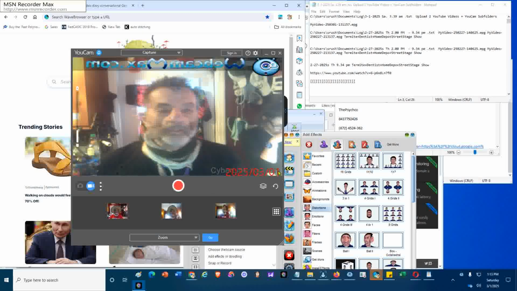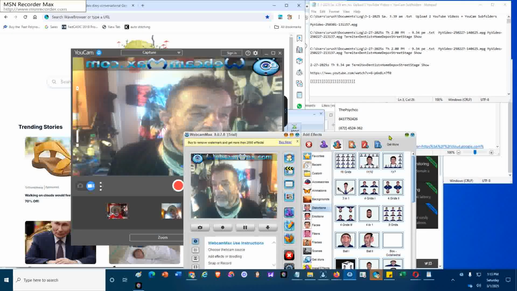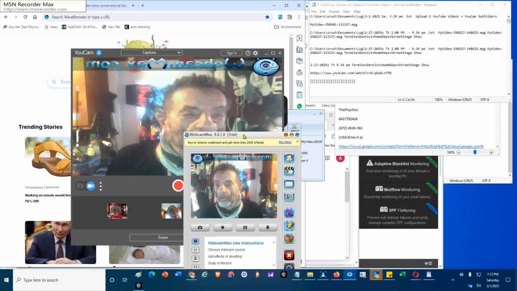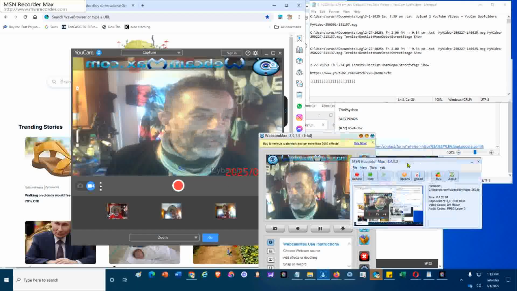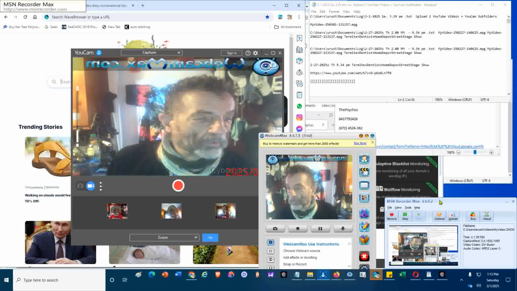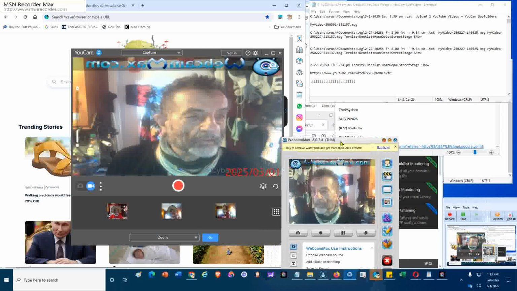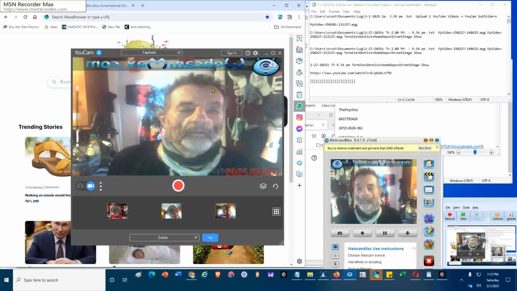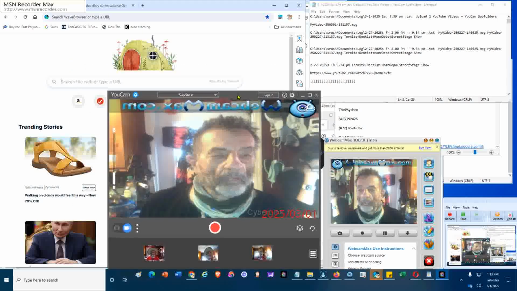In addition to that, I want to close those special effects on Webcam Max and move it a little bit away and move MSN Recorder to the right lower corner as it is now, so I can monitor it, yet it doesn't take so much of the space. And now that I am running multiple cameras,